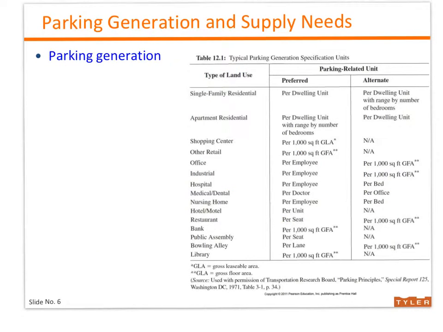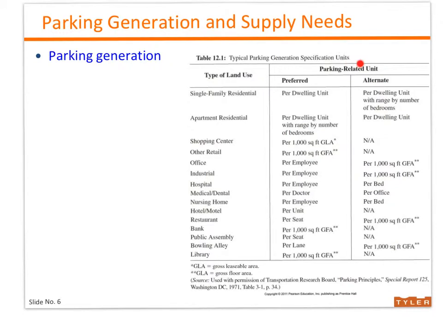Here is a table, table 12.1 in your textbook, that shows typical parking generation specification units. So for example, if I pick the first land use type, which is single family residential, typically we would ask what the parking related unit would be. The parking related unit would be per dwelling unit, or the alternative would be per dwelling unit with range by number of bedrooms. If I ask for a shopping center,